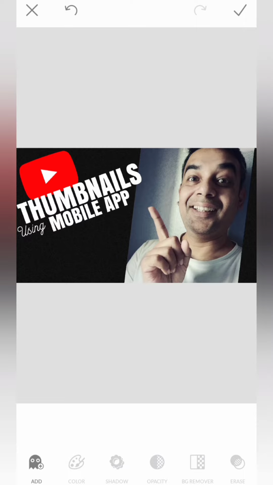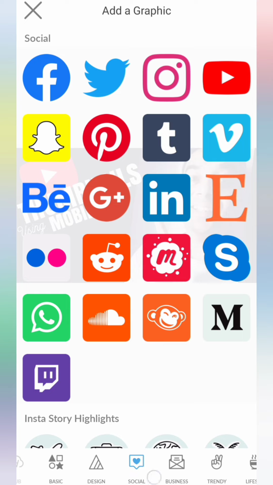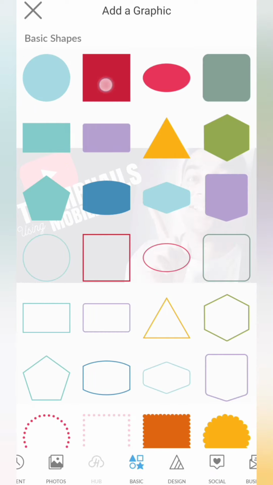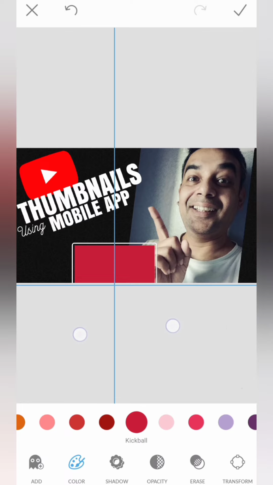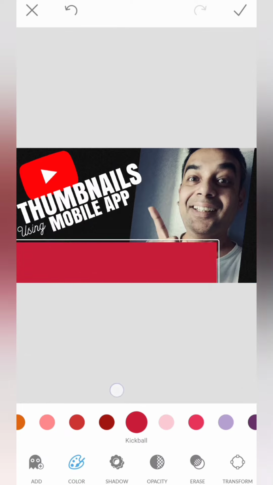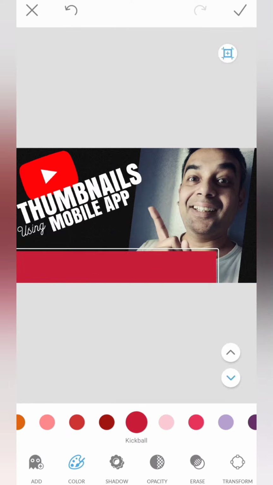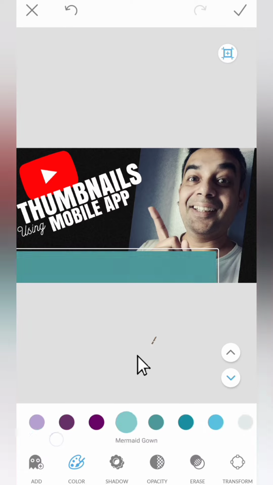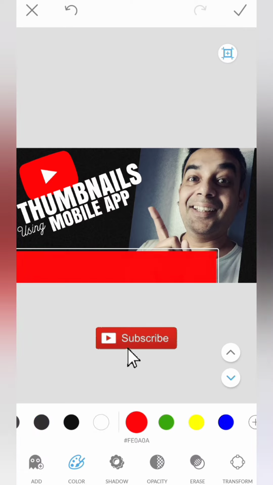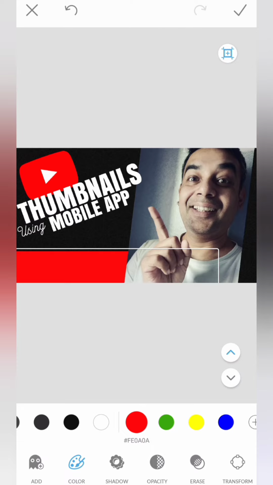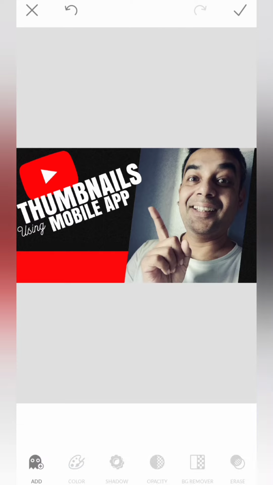now I'm going to add one more element to this thumbnail, which I normally do on all my thumbnails these days। so I'll click on add again, then I'll go to basic shapes, I'll click on this, I'll get this rectangle, I'll make it bigger, okay, like this, then I'll draw down, you can see this, and then I'm going to change the color to red, okay, this is the red, same red as the YouTube logo, okay। I'm going to send it backwards so it will look something like this, okay।